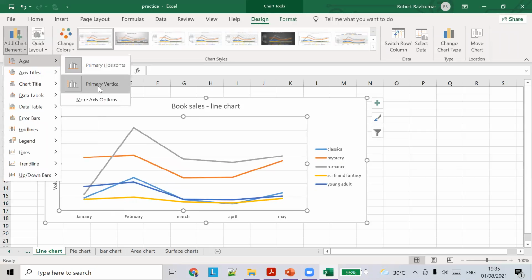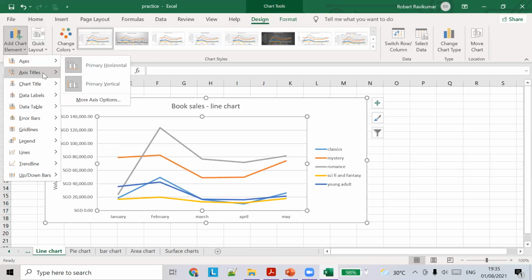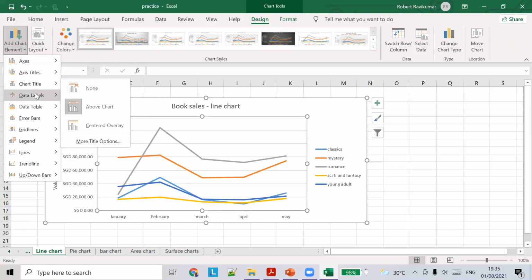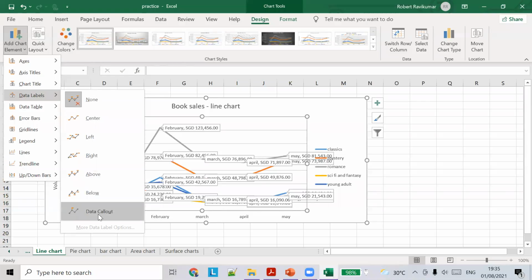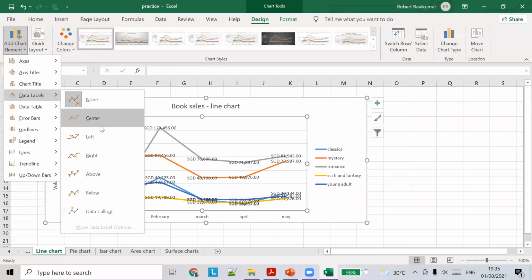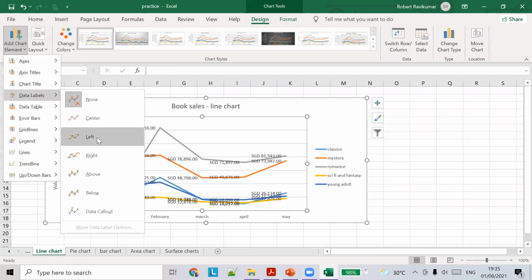There are several things that can be added. Okay, so one of them is data labels. Let's say we want to add data labels to the chart. You can see it, right? You can choose center or left or something.